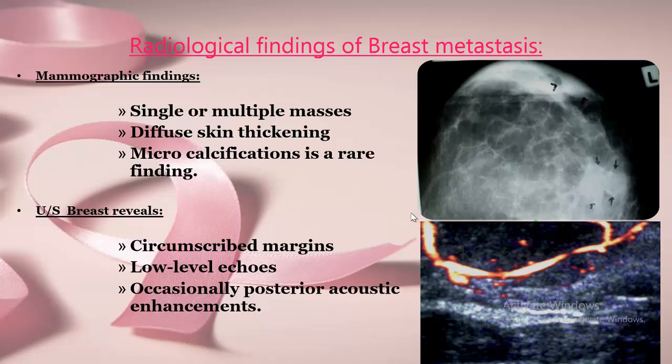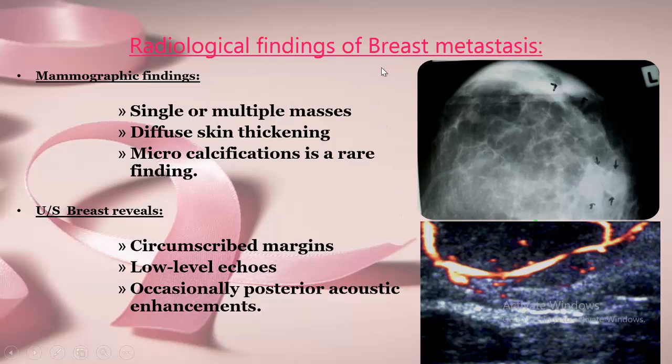Radiological findings of breast metastasis, this is another case. She was metastatic from malignant melanoma. This case, she had a malignant melanoma in her little finger, which was excised, and after some time she presented with breast edema and this breast mass, and this is a subcutaneous nodule also here. It is a subcutaneous mass, and on color Doppler it shows high vascularity inside. So that was a case of malignant melanoma.